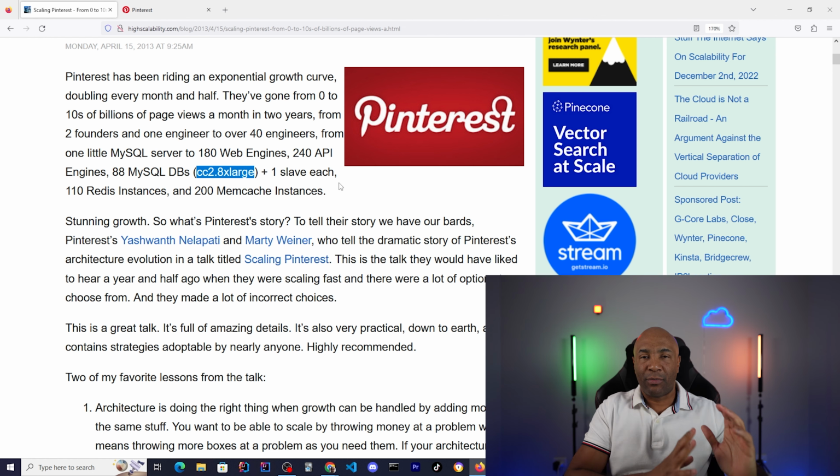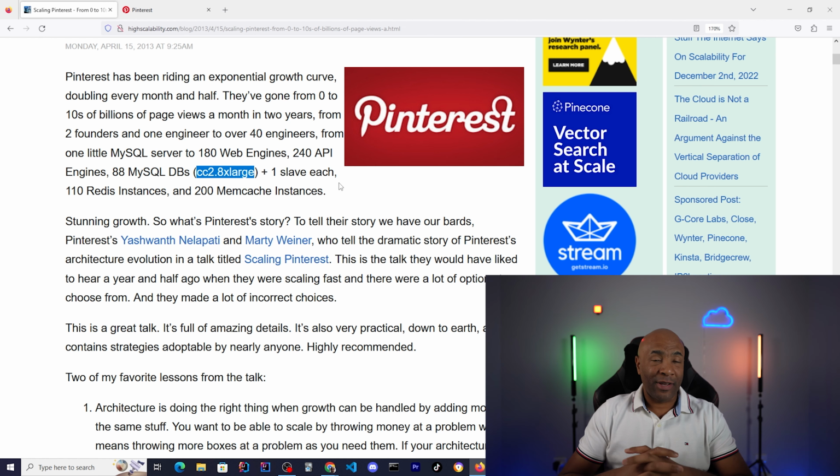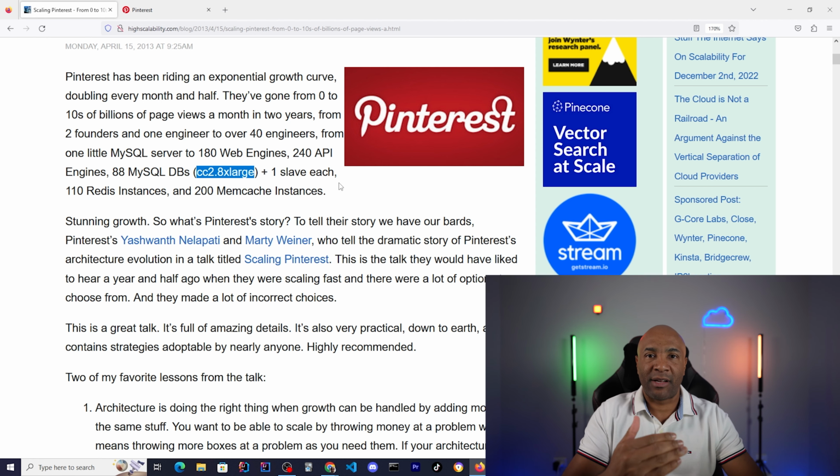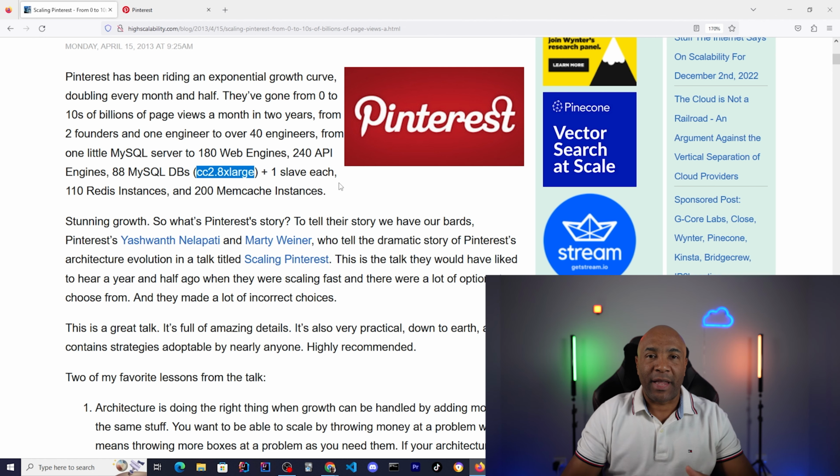So they just started from 0 up to this crazy and large infrastructure to handle that crazy kind of load that they have. And one interesting thing here is that at the beginning, as they probably didn't know what they were doing, they started really small. They started with 2 co-founders and 1 engineer, and then they went from that point on. They did not try to tackle or to foresee anything. They were just going through whatever problems they had at that point in time and adapting the systems accordingly.